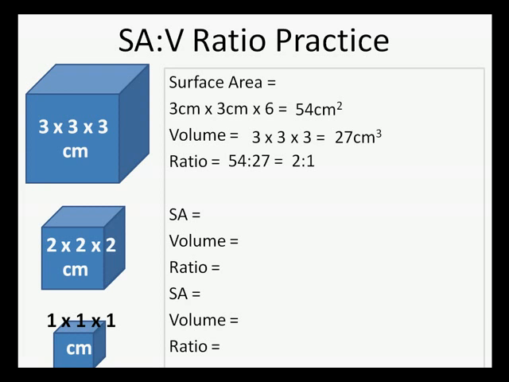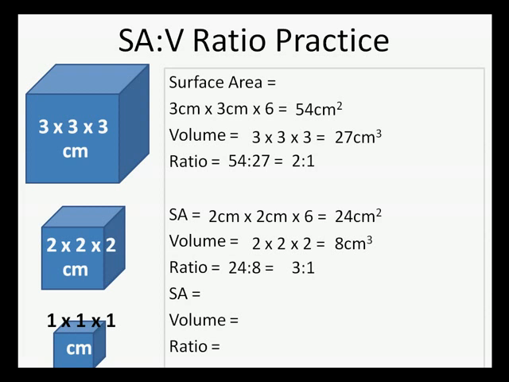Moving on to the medium-sized cube, 2 by 2 by 2, that surface area is going to be 2 times 2 for one of the surfaces, and again there's 6 of the same, so we multiply that number times 6 and you get 24 square centimeters. And then of course volume, 2 by 2 by 2. You're going to get cubic centimeters this time, and that is going to be 8. The ratio now is, of course, 24 to 8. And reducing that, we get